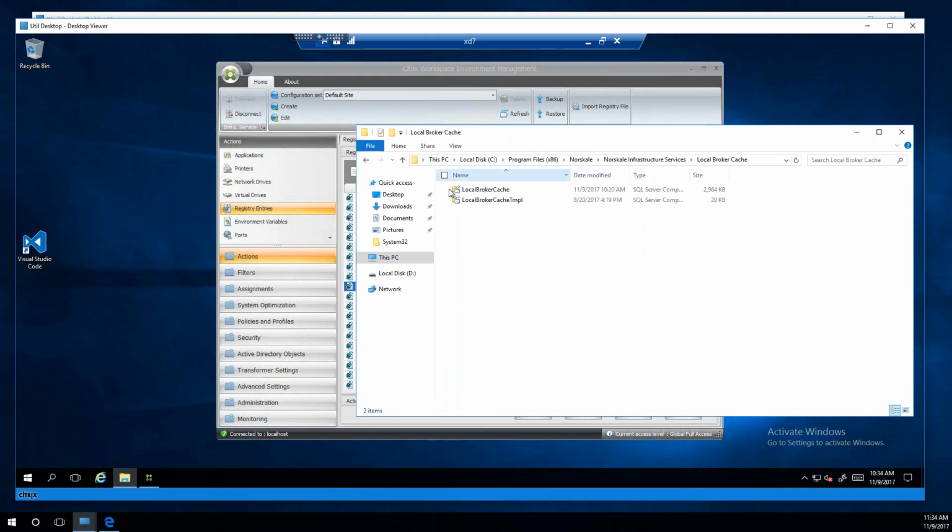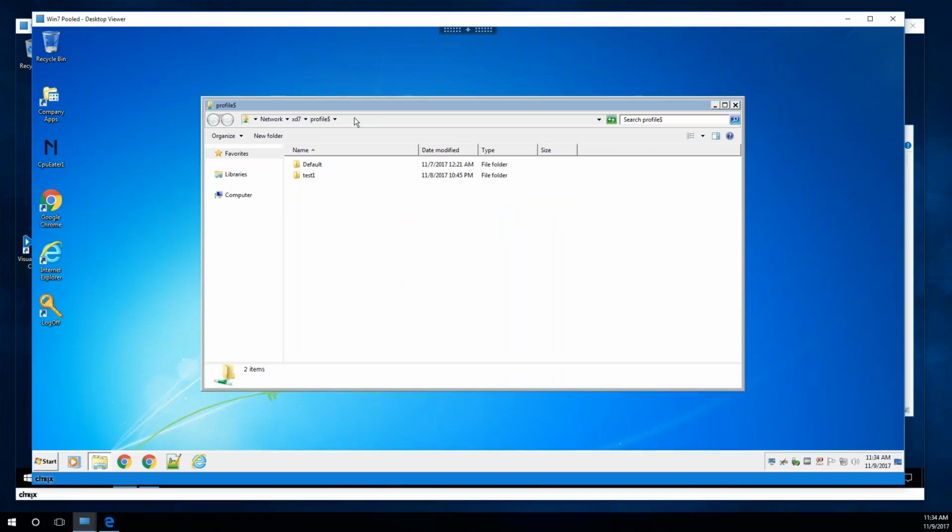So if the database goes down, this is the broker. It has the cache right here of the database of all the settings that have come down for all the different sites. Since the database is all plain text, it's extremely small, so it easily stores it there. So if the database goes down, the broker continues to work based on its cache.